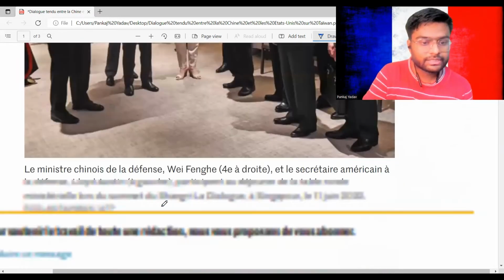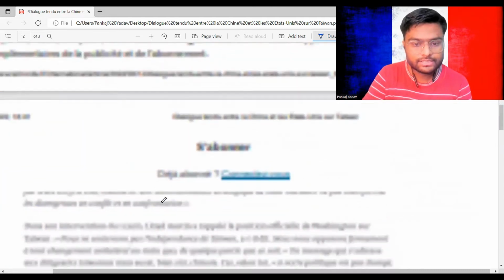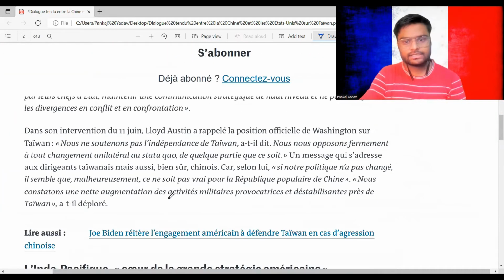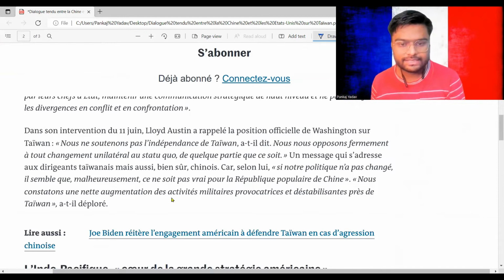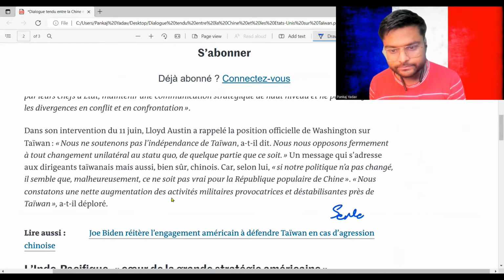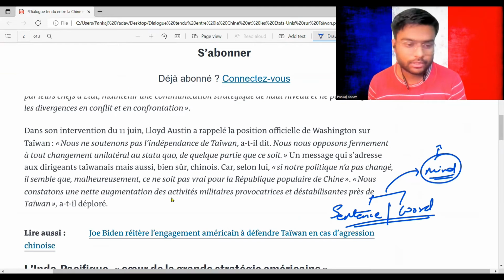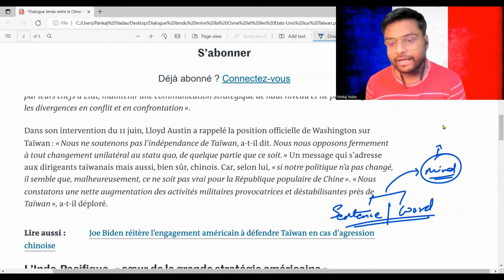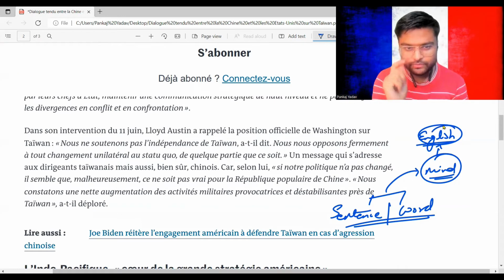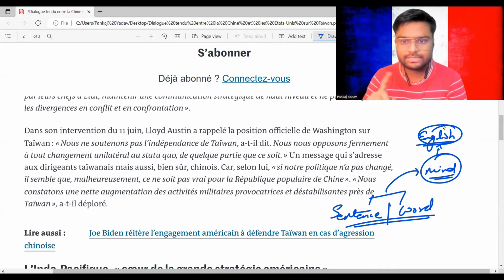Another trick which I generally recommend to students is keeping the sentence or word in your mind, without having any idea about the English translation. So for example, let me just give you an example. Dans son intervention du 11 juin,